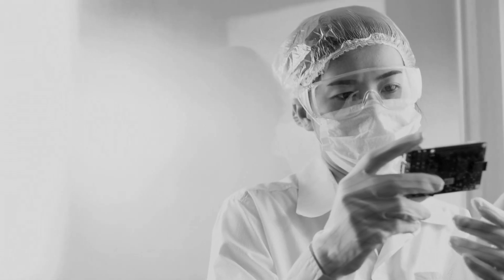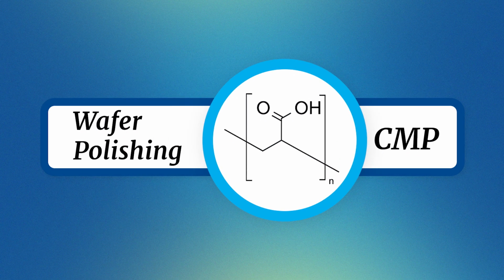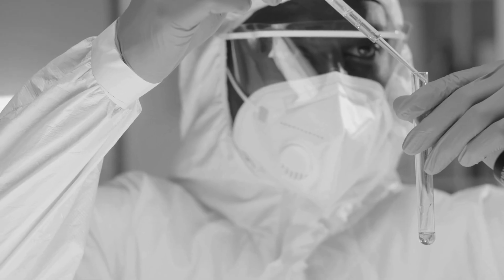It requires control over the full distribution profile and understanding how that profile behaves in real process conditions. If you're qualifying polyacrylic acid for CMP or wafer polishing, it's worth asking not just what the molecular weight is, but how it's distributed and how tightly it's